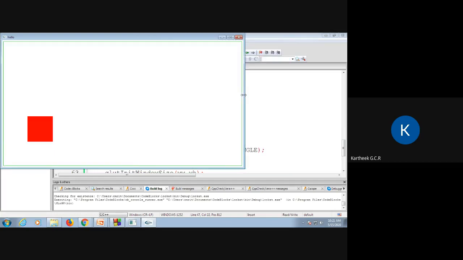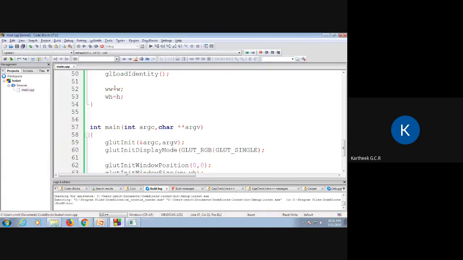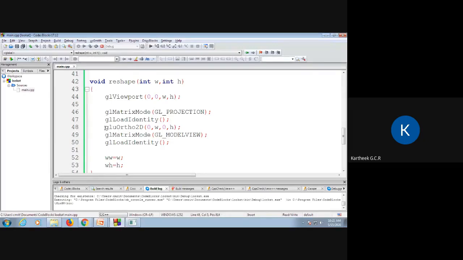Now you might get a doubt: why am I setting the viewport? I can achieve that just by reshaping my view volume, right? Why do we need to set my viewport also? If you have that kind of a doubt, what happens if I don't have the viewport? Let's just look at it.